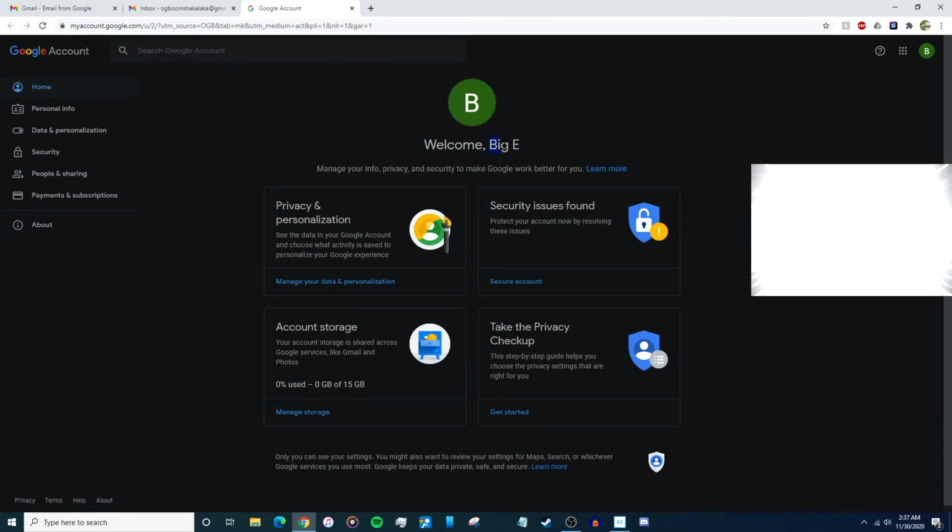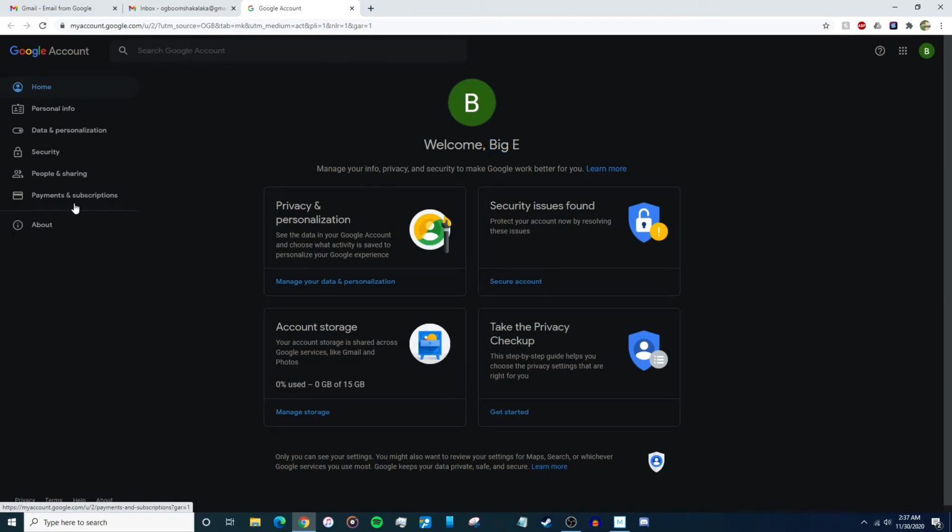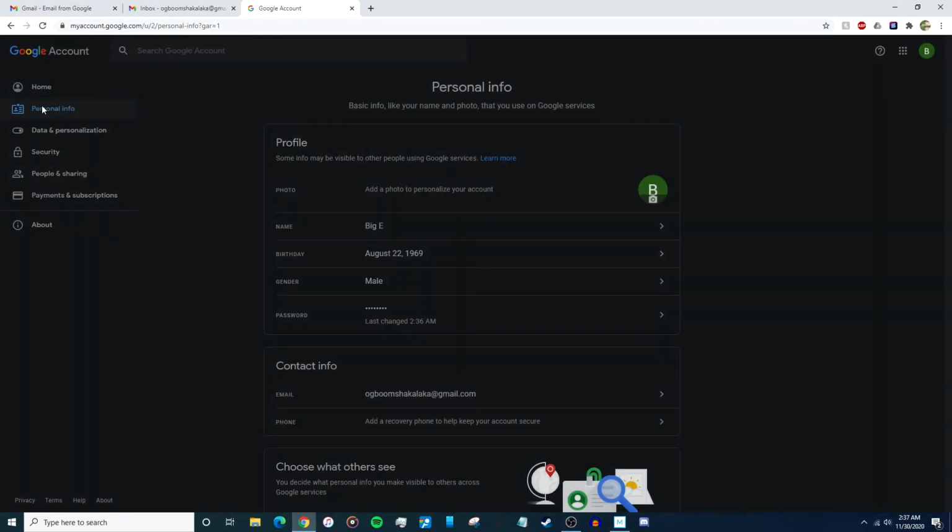So here's your account's profile, first and last name, and here are all the settings we can play around with. Let's go to personal info, and then from this page you can pretty much change things like your account's password, your account's profile name, contact information, phone number, and things like that. Anyway, so that about concludes today's video on how to make a Google account and how to change your personal info with just a bonus.